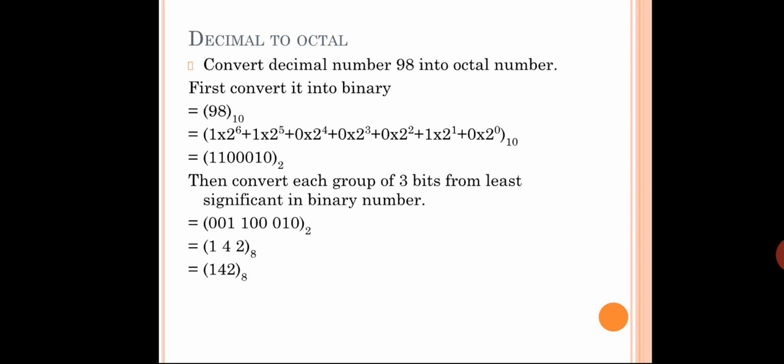Now after making these categories, you are going to get separate values, isn't it? 010 is nothing but 2, 100 is nothing but 4, 001 is nothing but 1. How did I get 142? If you have doubt, go back to the previous video. I have given the table itself, how to represent 0 to 7 using 3 bits. You can refer to that video if you want.